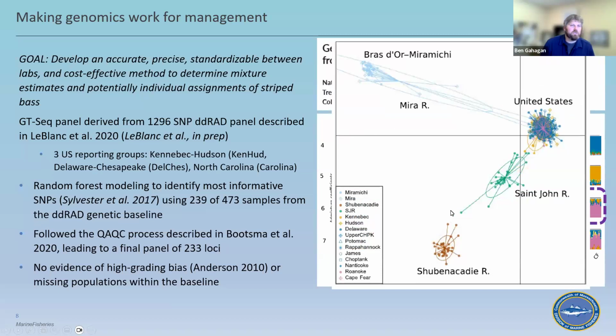And that's a little easier to visualize in this discriminant analysis of principal components plot, showing here these are the 3 Canadian reporting units, in 2-dimensional space, and then there's the United States. So we knew they were separating in structure. We were seeing population structure signs in our 1200 SNP panel, but we did not know how well it would perform once we started winnowing down those SNP markers. But running each fish at 1200 SNPs meant that we were going to be looking at roughly $50 per sample, which was a little bit economically prohibitive to do much with.